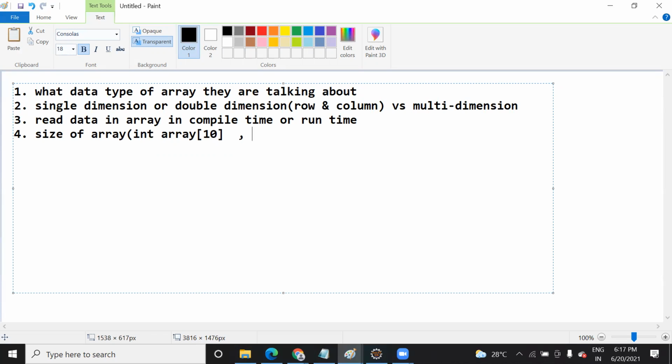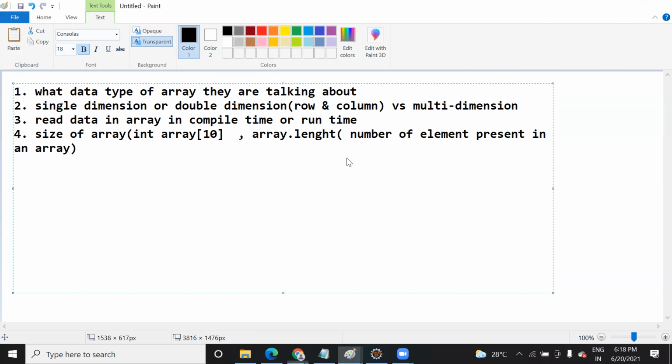Now you want to find out the length, the size of the array. What will you use? array.length. When you use this array.length function, it will give you the number of elements present in an array. This thing you should know before writing the code. If you know this, then you can decide how to proceed.